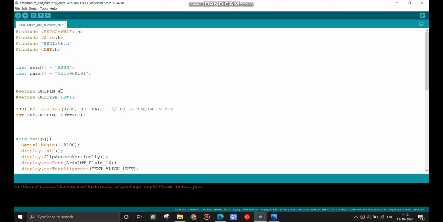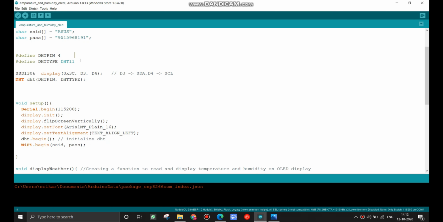which the Nodemcu will connect to, and I have defined the sensor pin, where the sensor pin should connect to the Nodemcu, and I have given the type of my sensor. That means we have DHT11 and DHT22 sensors. I am using DHT11, and this line helps to initialize the display,